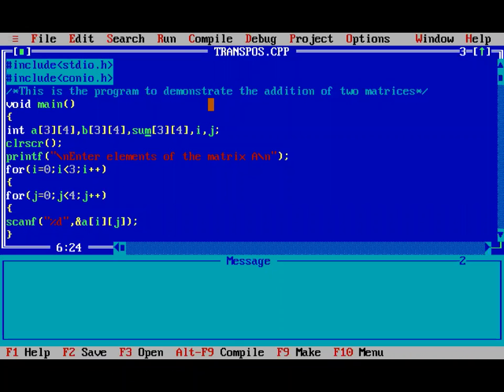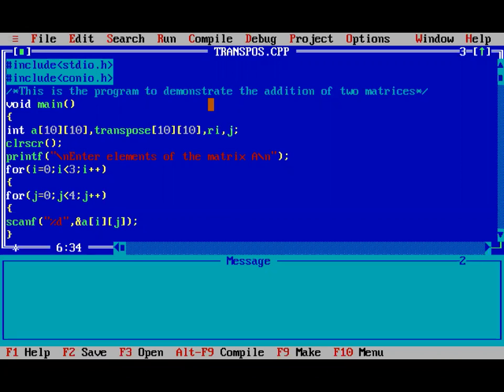Instead of having three matrices, we now have only one matrix A and another matrix transpose. And instead of 3 and 4, we have written 10, and 10 means the maximum number of rows and columns which A can take, and the maximum number of rows and columns which B can take.